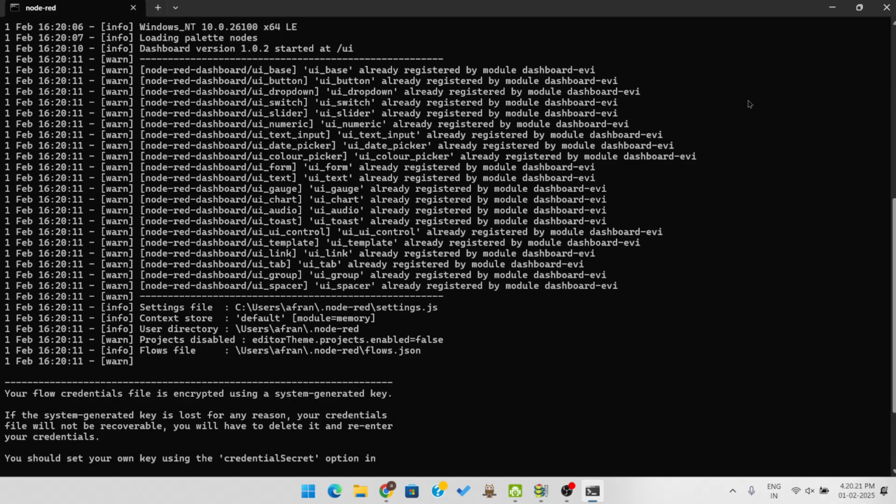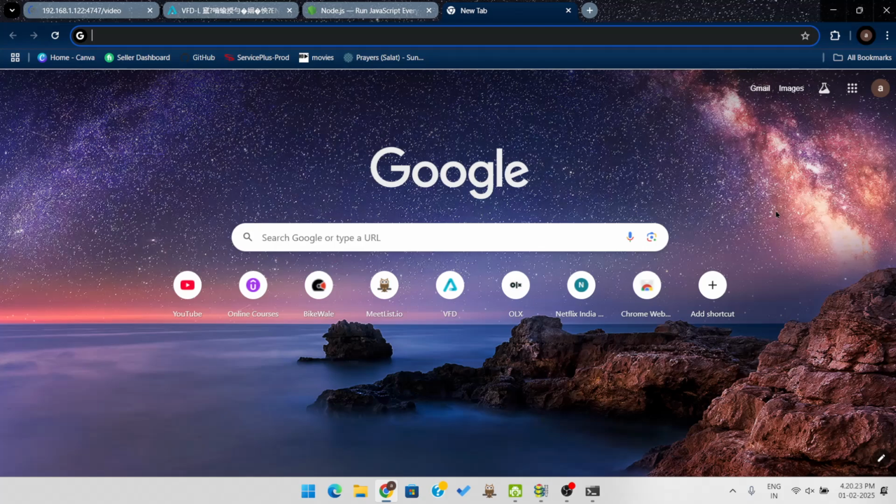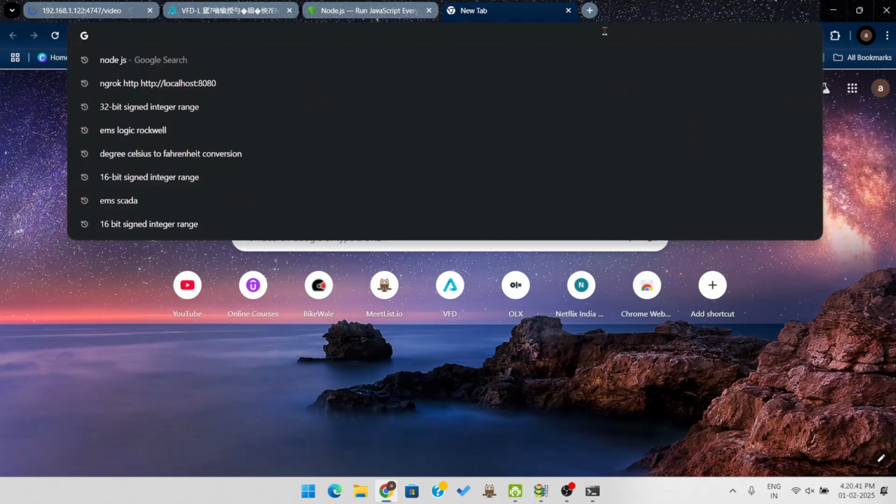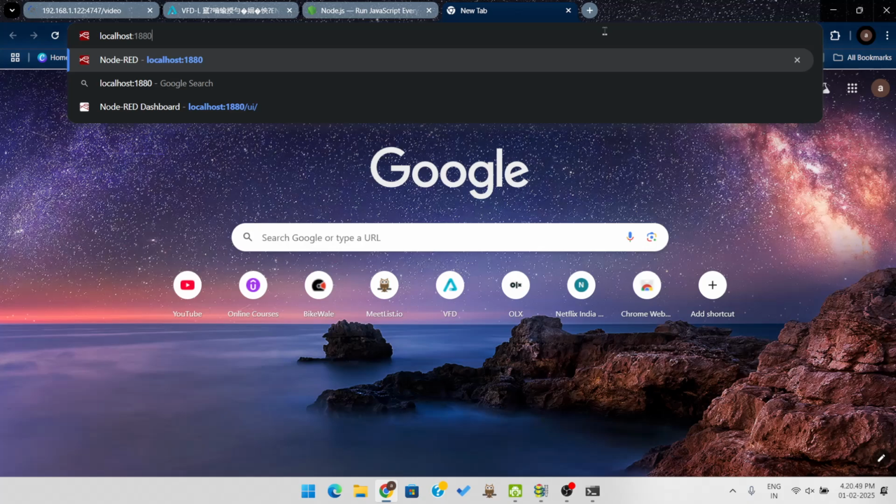In Node-RED we have two sections. One is the flow section, where we create the logic using the nodes, and the other is the dashboard section, where we can visualize the data and control. For accessing the Node-RED flow, you need to type localhost:1880. 1880 is the port number for Node-RED. If I give enter,